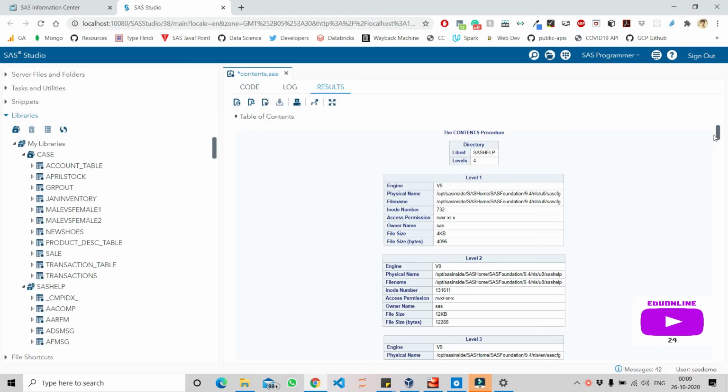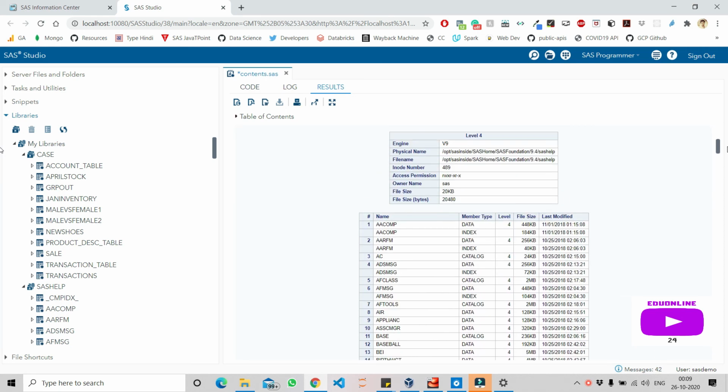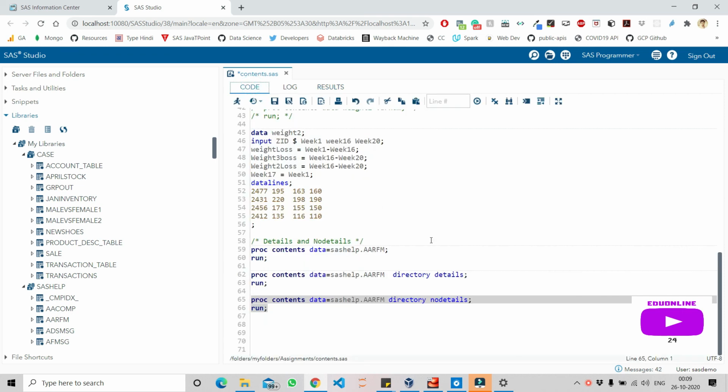It has printed all these labels, but here if you come, you will see member type, which was there, then label, file size, and last modified. Only these things. It has not printed some of the details which were available in the details method. And for specifying details and no details, you will have to use the directory method, otherwise it will print the default output of this proc contents procedure.